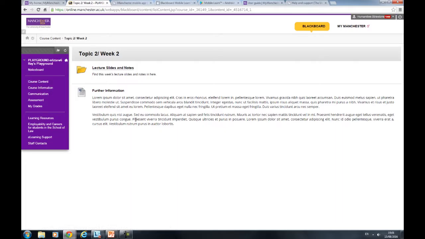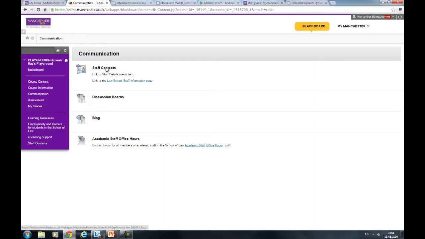There are other tools that you may use. In the communication area, to start with, you'll see things such as a link to your staff contacts, academic staff hours, so you can be aware of who your tutors are and how to contact them. But other tools you may use include discussion boards and blogs. So if we look at discussion boards,